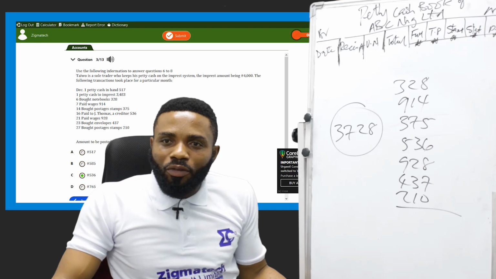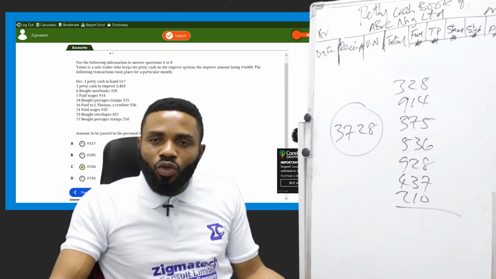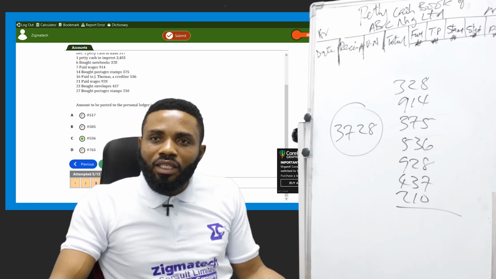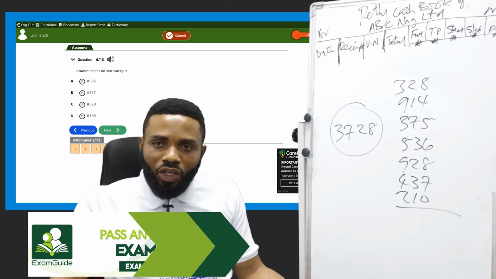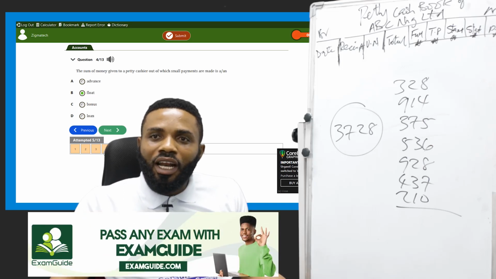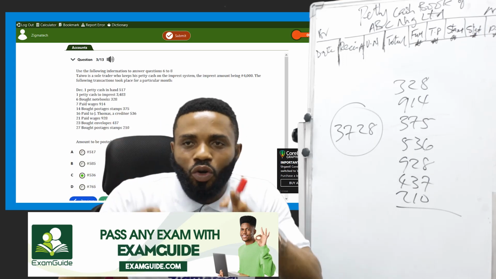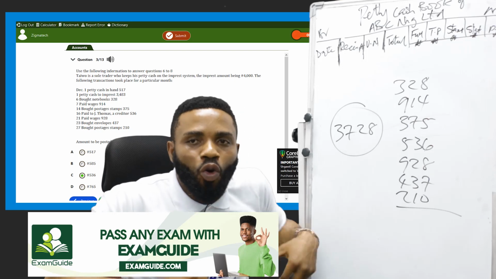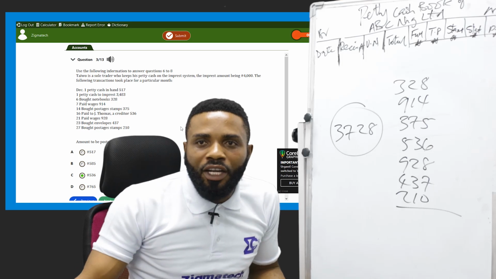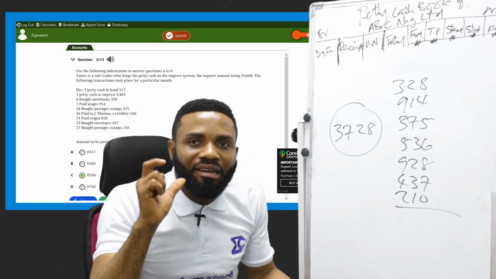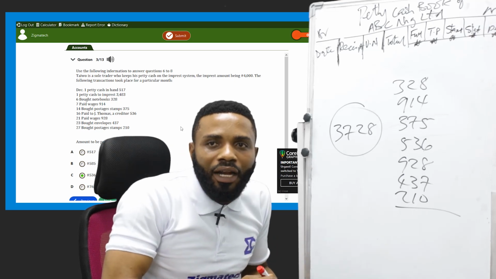The question is requesting to know how much is spent on stationery. From this question, the only two items that can represent stationery here are envelope and